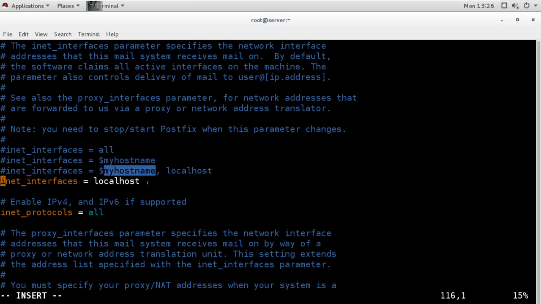So it will accept mail only from myhostname or mydomain. Or if you want to accept mail from all the sources, you can use all. I am going to use all. So I will comment line number 116, and uncomment line number 113, and this is the line I am uncommenting.